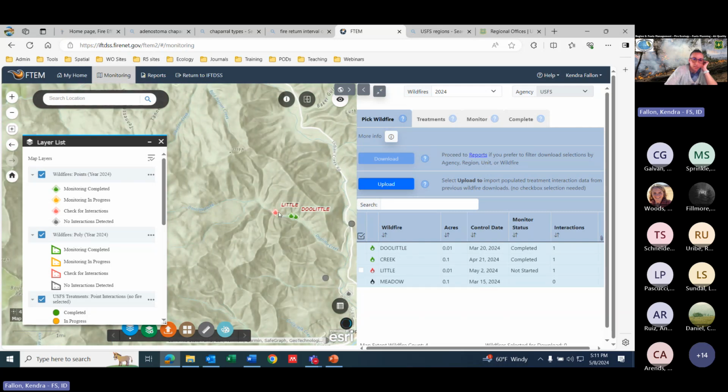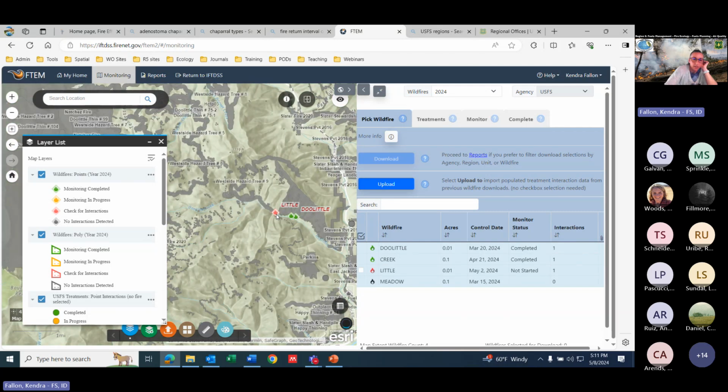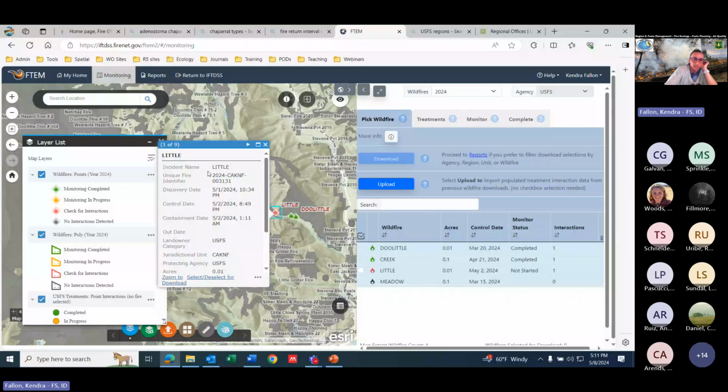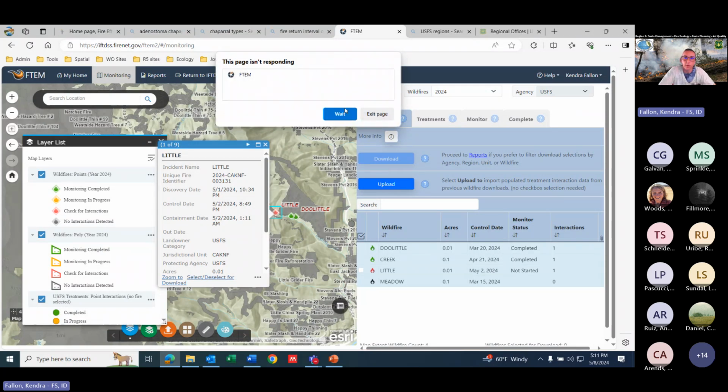So one of the cool things is you can click on the little fire icon right here, and it's going to give you information about the incident. So this is saying it was a 0.01 acre. Okay, so that was, you know, our little escaped campfire or whatever it was, stat fire. So one of the things as you break FTEM, okay, I'll just talk while it's taking a moment, is that